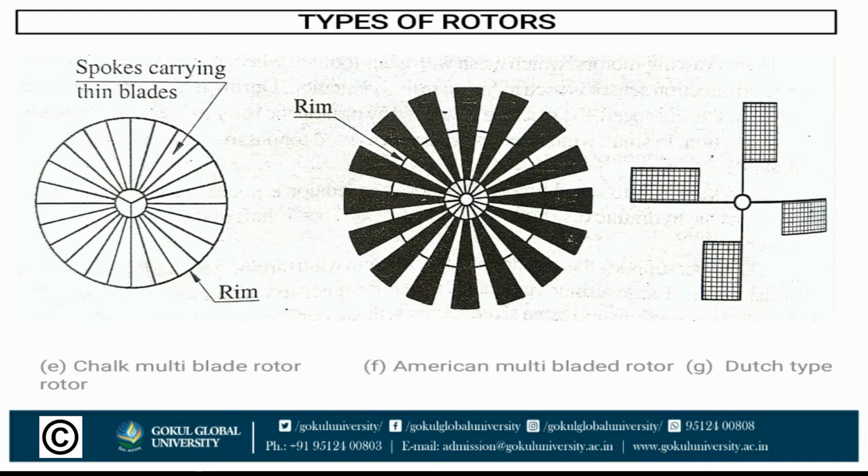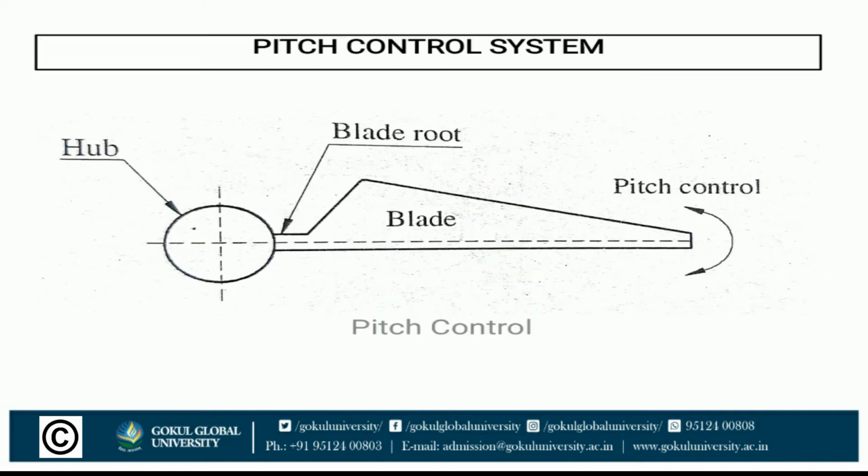The speeds of multi-blade type wind turbine rotors are 60 to 80 rpm. They have good power coefficient, high starting torque, and an advantage of simplicity and low cost. Dutch type rotor is one of the oldest designs. The blade surfaces are made from an array of wooden slats which feather at high wind speeds.